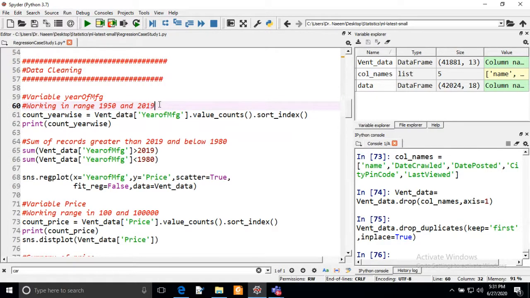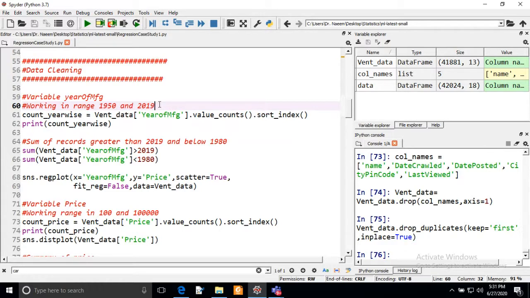I have taken 1950 because I have observed that ventilators were first developed in 1950, so I am considering this range. And now we are living in 2020, so I can set 2020 also, or I can set 2019. We will see how many values we have beyond this range.